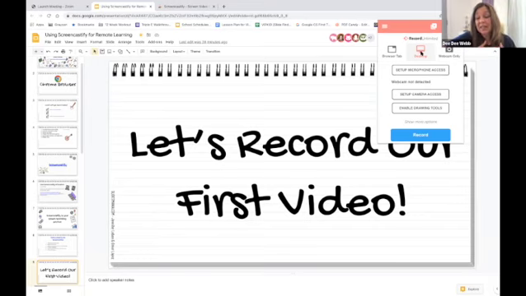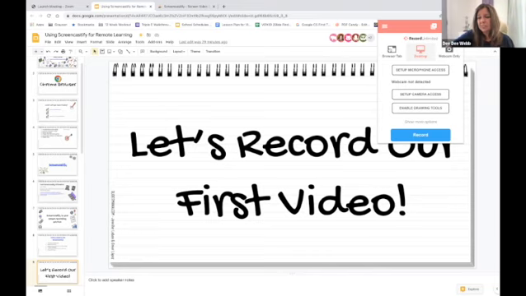Typically that's what I do. If I am presenting a lesson and maybe showing a presentation, I'm going to click record desktop because I want the students to see everything that I am presenting on my screen, even if I'm flipping between browser tabs. I may be going to a website and explaining something and then flipping back to my presentation. That's where you are going to use the desktop.